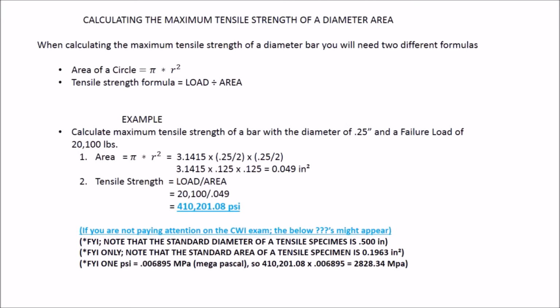Take a second and look at the notes below because it can get really confusing. For your information, note that the standard diameter of a tensile specimen is 1/2 inch. But note that the standard area of a tensile specimen is 0.1963 square inches. So make sure you read those questions correctly. Next